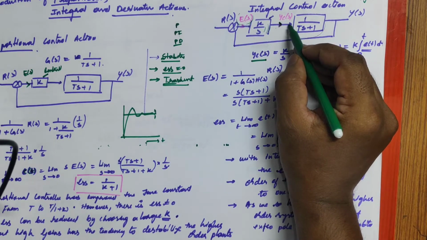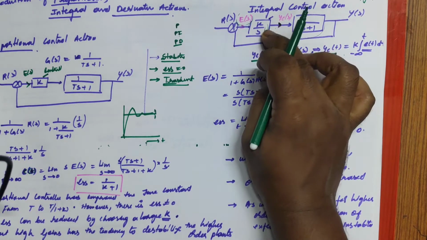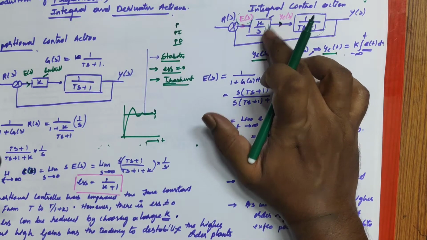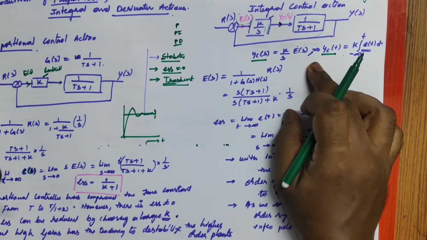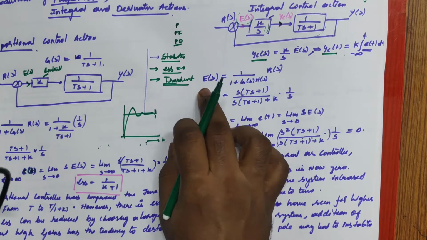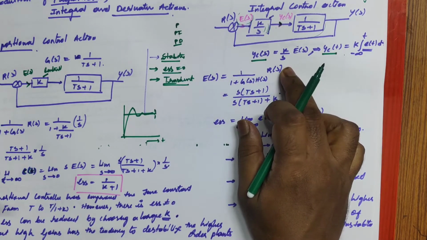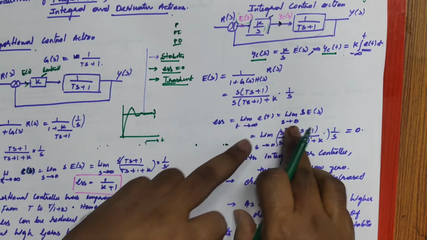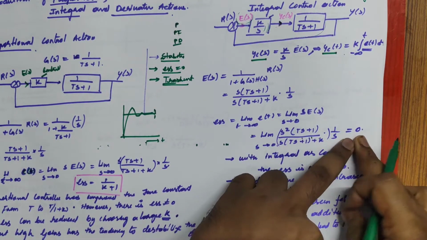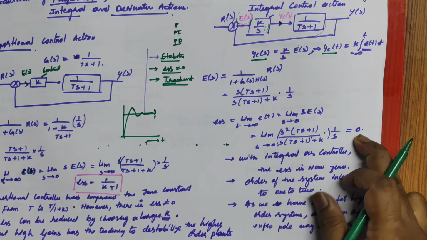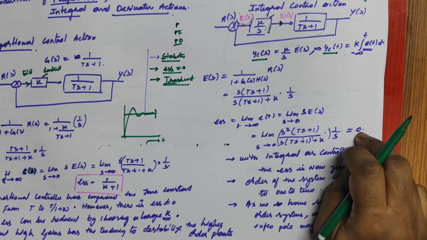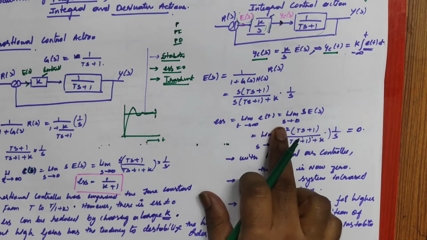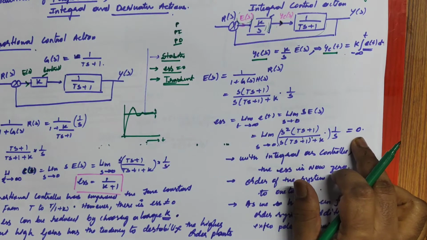By adding an integrator, this is given to the system, right? So if we have an integrator for the same system, in place of the proportional term, I have incorporated the integral term. So what is the response we have seen? The same mathematics I did here, I found the error signal, I got something in terms of R(s). After substituting all this, I eventually obtained a steady state error equal to 0. Wow, very good. Here we had a cumbersome with K, but here we have error equal to 0.